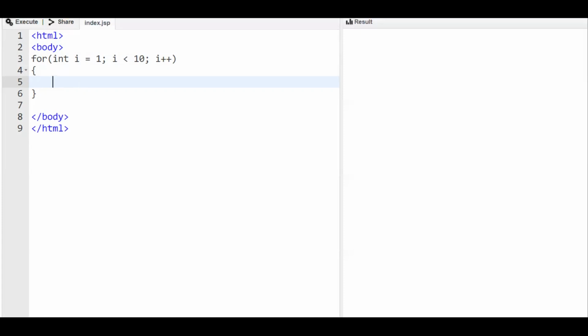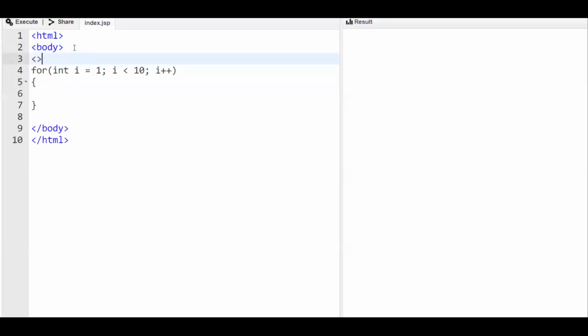So table tags are required. Let us declare the variables for that purpose: int number is equal to 5.